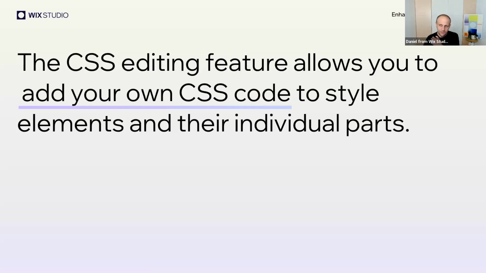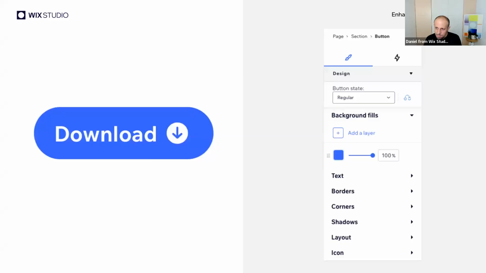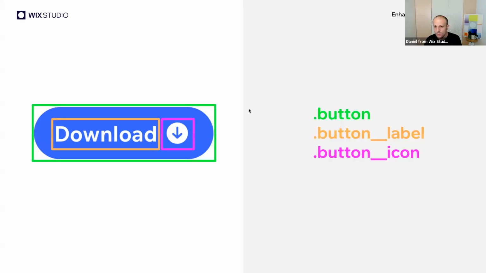So the CSS editing feature allows you to add your own CSS code to style elements and their individual parts. That means that, of course, you already have the design panel inside Wix Studio, which you can control elements in, for example, this button. So we have all the design features that we currently have, whatever properties we allow. But on top of that, we now allow you to add CSS code to each of the elements, specific